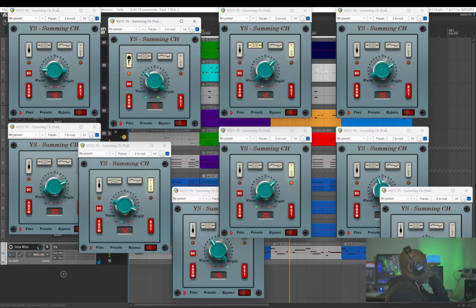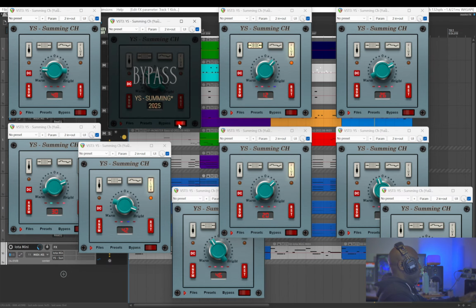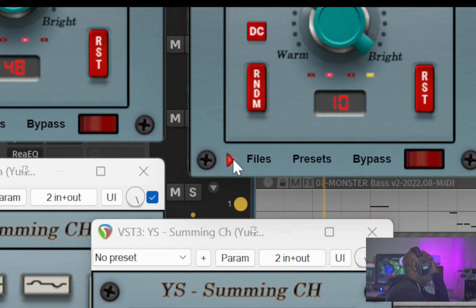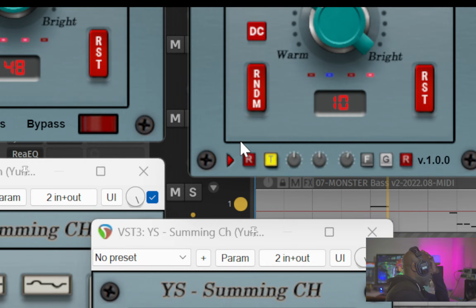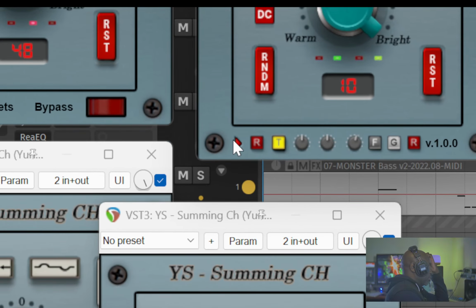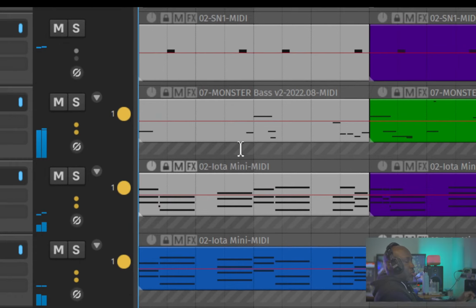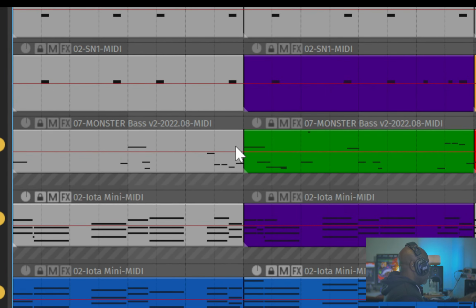This is a reset button, bypass switch. And they have a preset section, but there's no presets. It's just default. And then, as he always does, he has this section where you hit this button and you can now tweak the look of the plugin, which I'm not going to do right now. Pointless. So, moving right along,